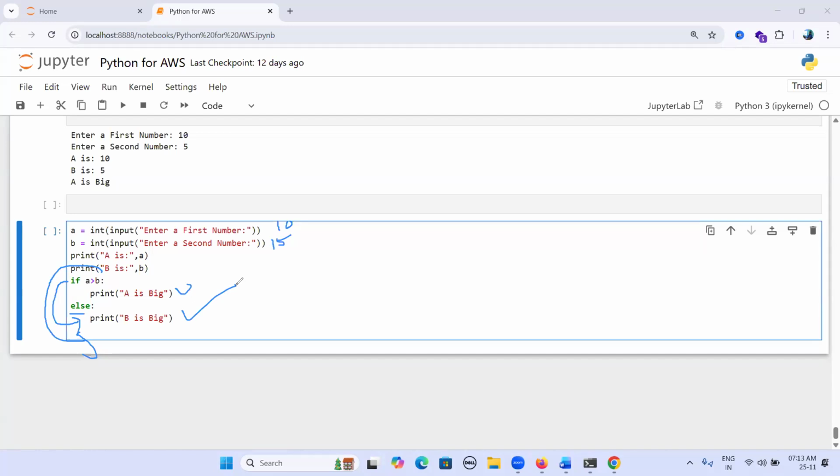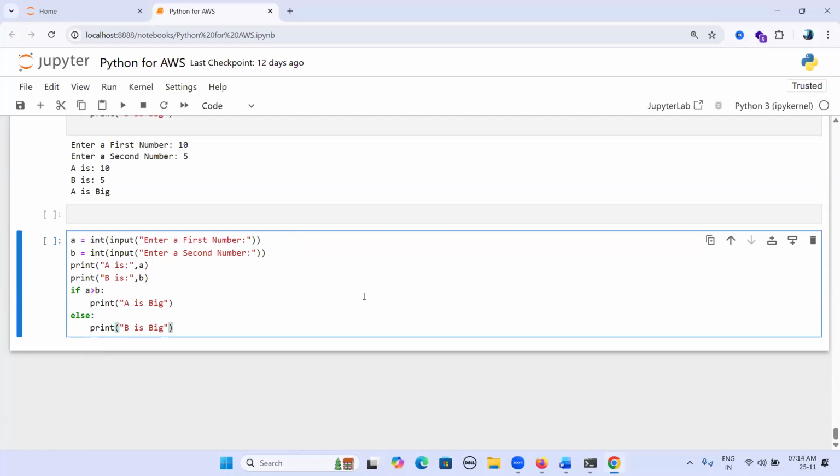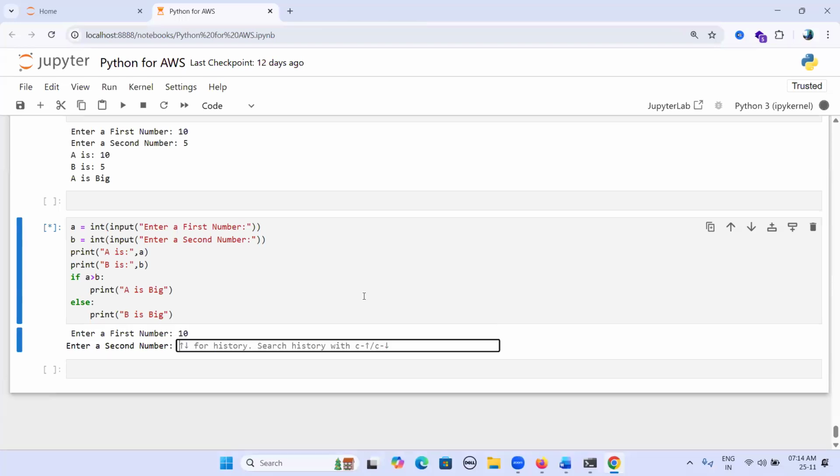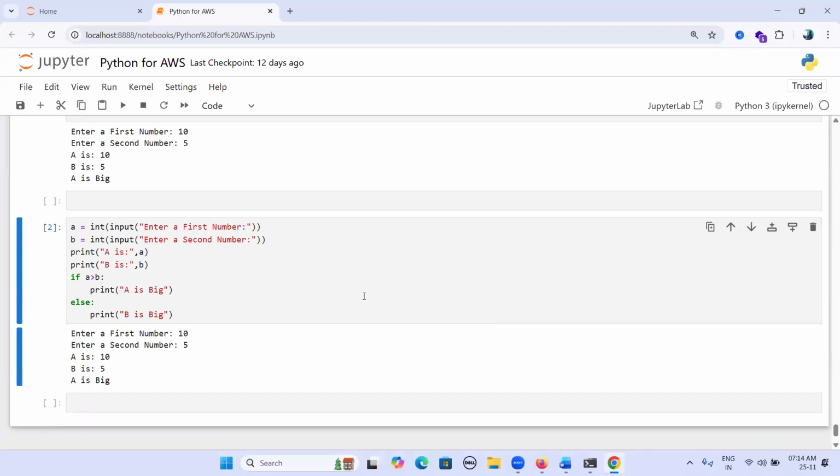So we are reducing multiple condition checks so that it improves the performance of your program. Here we are using two condition checks, but what if you have multiple condition checks? Okay, 10 and 5, the output is the same. There is no difference. Only one thing, we are improving the performance of the program.